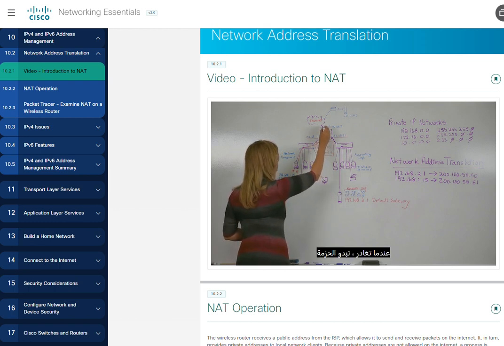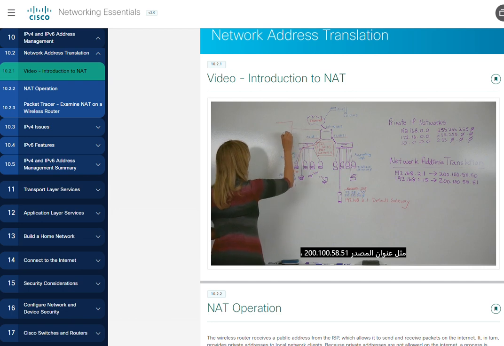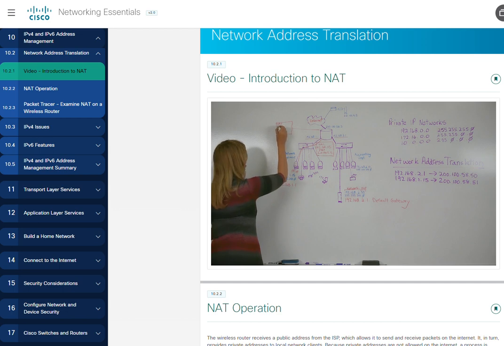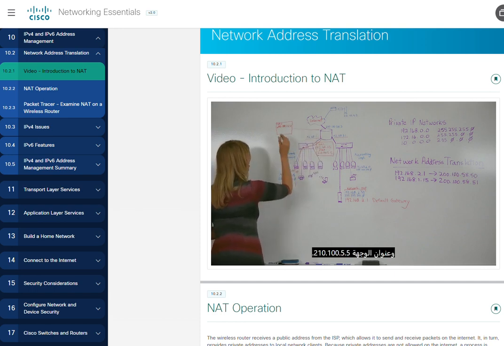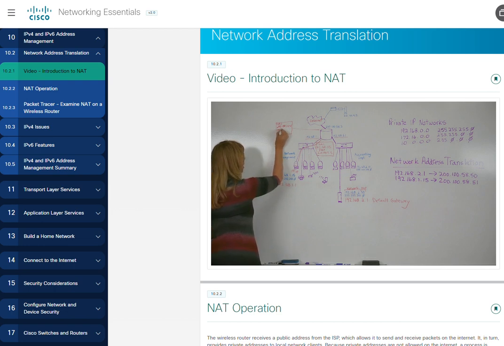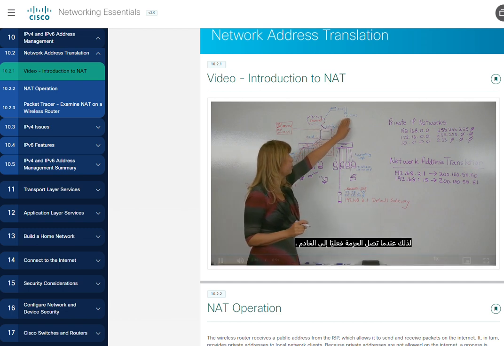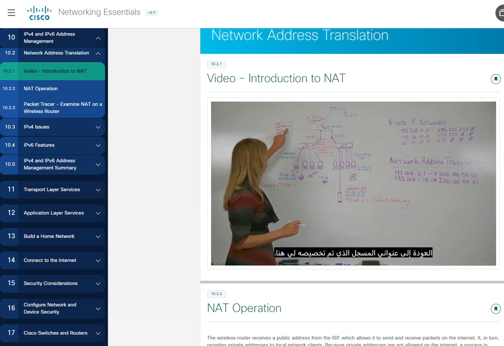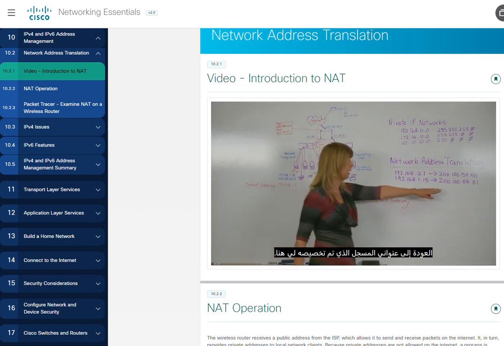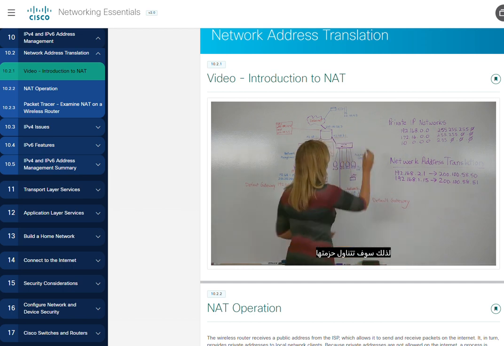When it leaves, the packet then looks like the source address of 200.100.58.51 and the destination address of 210.100.5.5. So when the packet actually reaches the server, it will send its response back to my registered address that was assigned to me here. So it'll address its packet